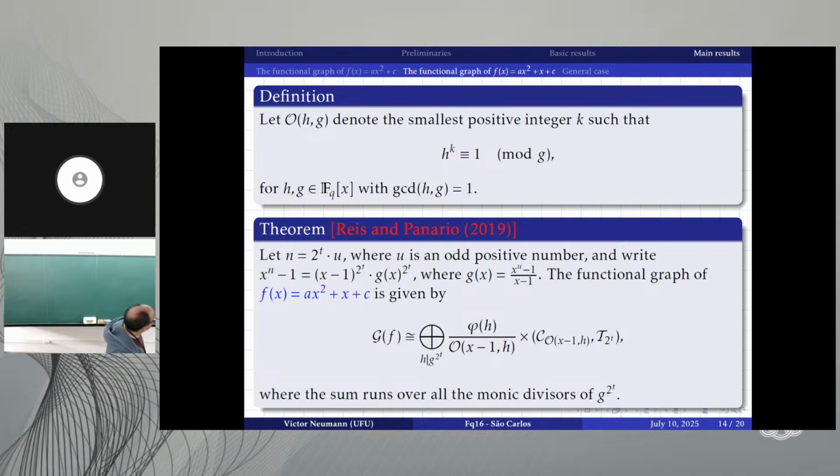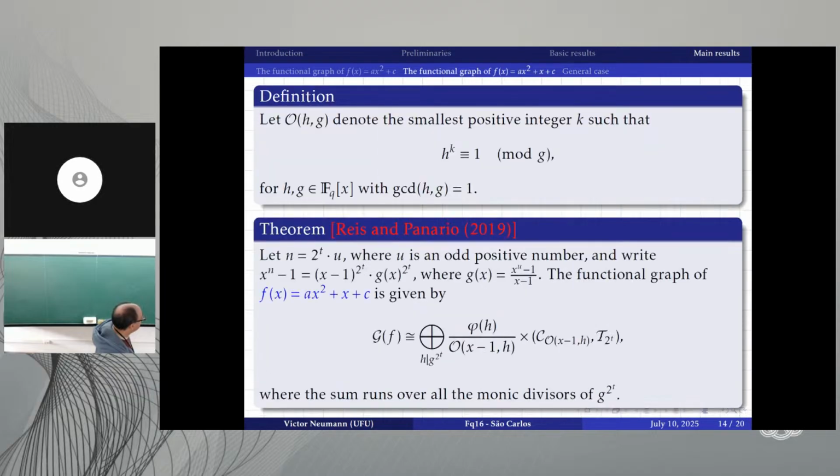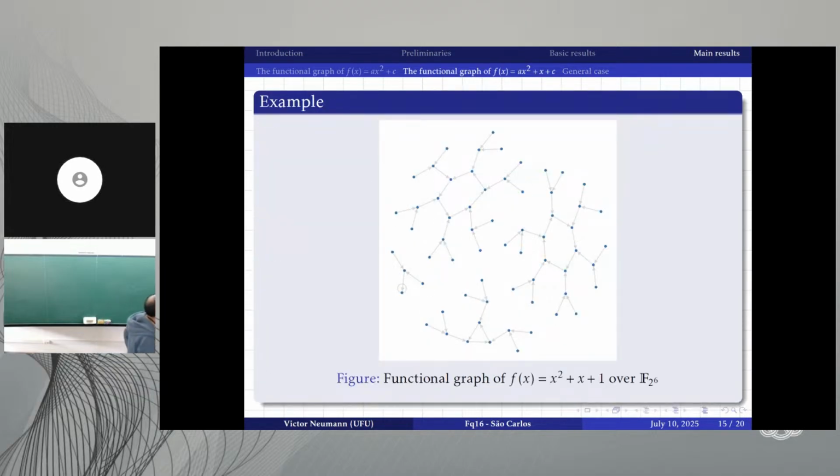And this number is just the order of x minus 1 modulo h. And for example, we get here an example of x equal to 1. We have this function graph. The interesting thing is that all the trees are isomorphic, which is good. And after that, we need to